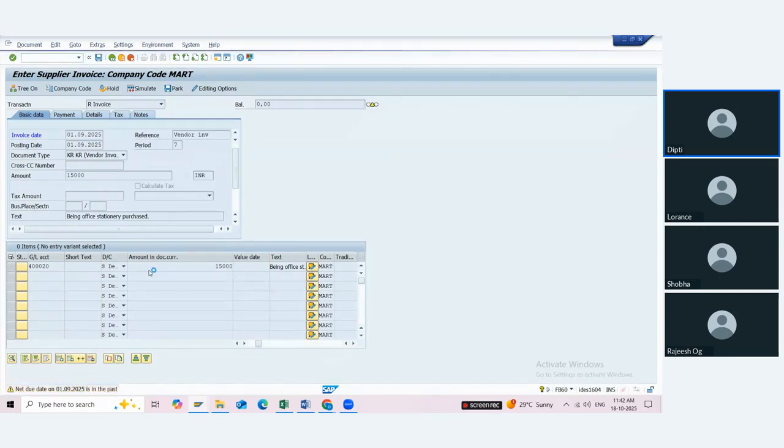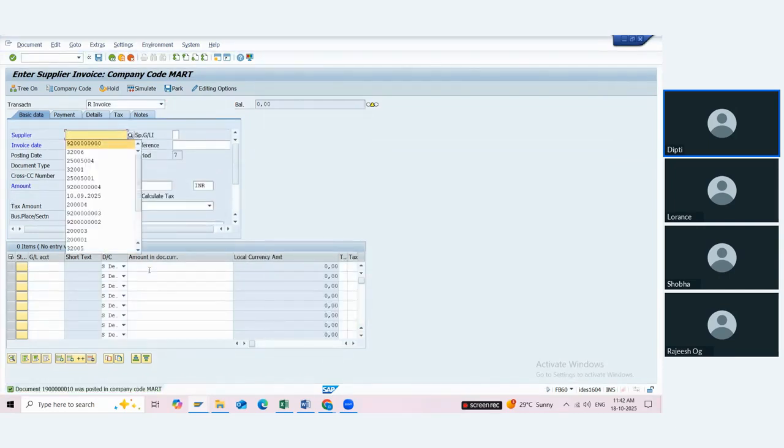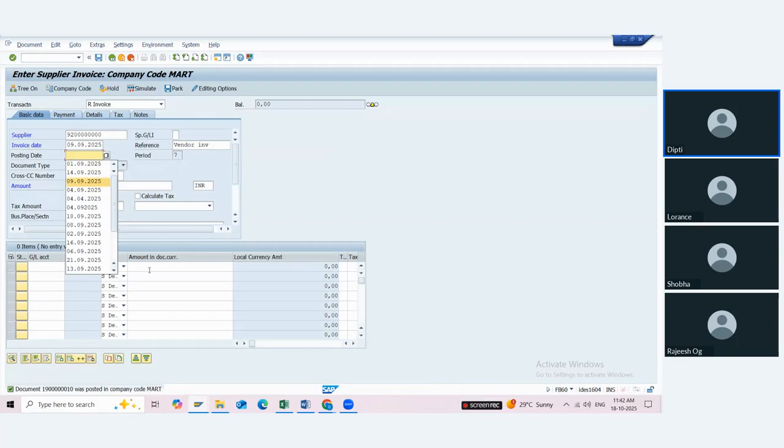I'm posting for a vendor. Again, I will post the same vendor with a different entry. Let's say amount is 68,000.